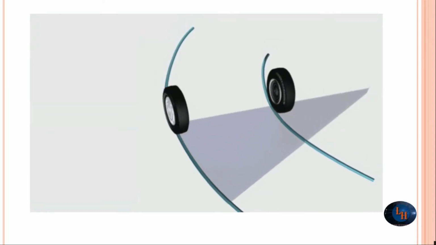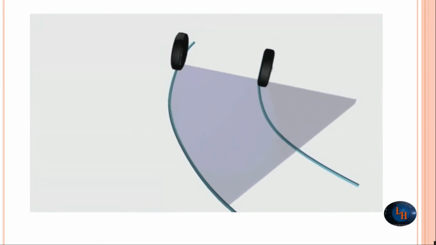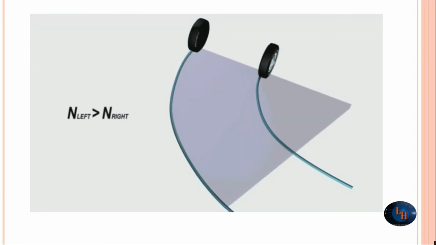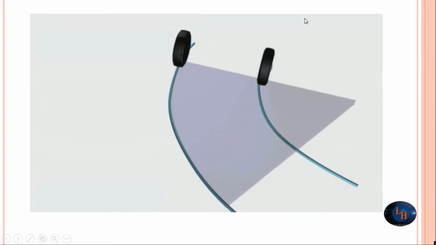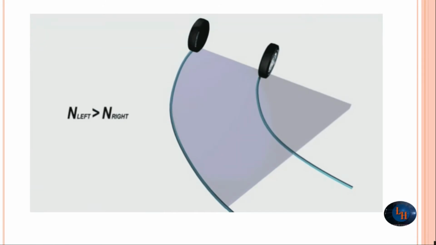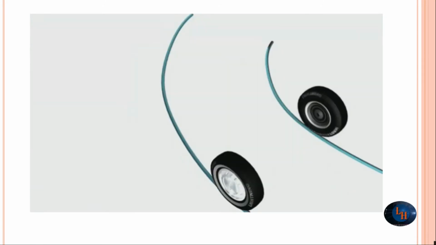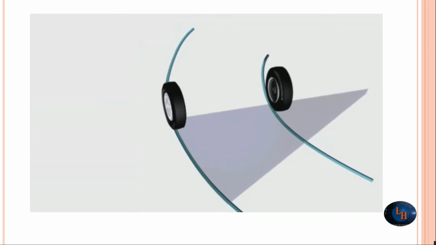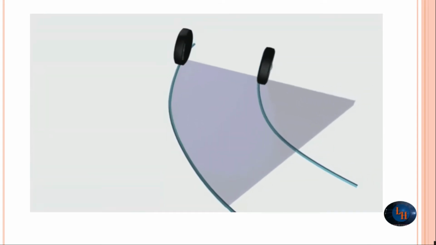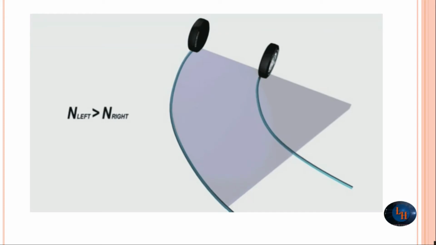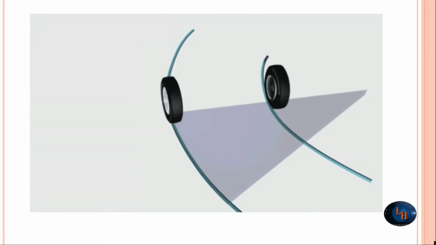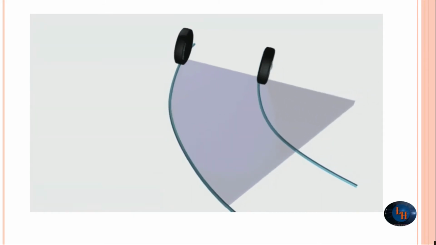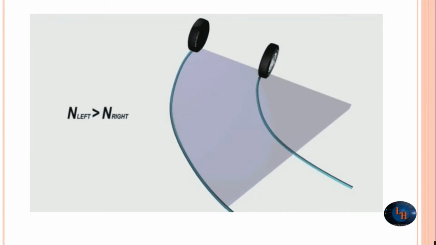Now consider a vehicle moving on a straight road with a wheel speed of n RPM. When it takes a turn toward the right, there will be a resistance to the motion of the right wheel, and as a result of differential action, if the right wheel rotates back at n RPM, then the left wheel rotates forward at n RPM. As a result, the resultant speed of the right wheel is n minus n RPM and the left wheel is n plus n RPM.